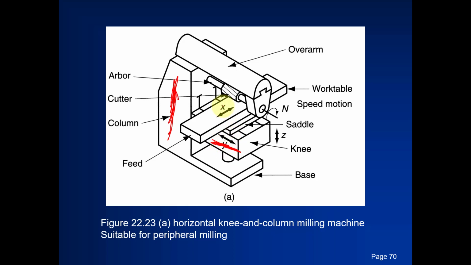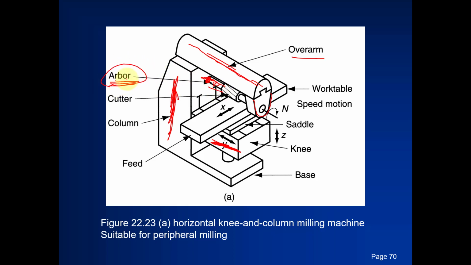Clear? So in the knee and column milling machine, there is an overarm and an over spindle, which will be this one. In order to support the spindle, this is the overarm, the overhanging arm, and below this there is a yoke. Clear? This shaft is known as the arbor. Here it is the spindle. In the spindle we have the arbor shaft, and the arbor shaft rotates due to the spindle rotation.